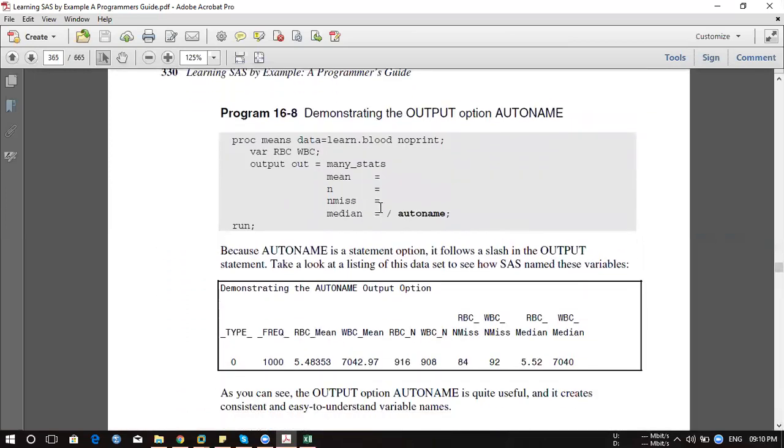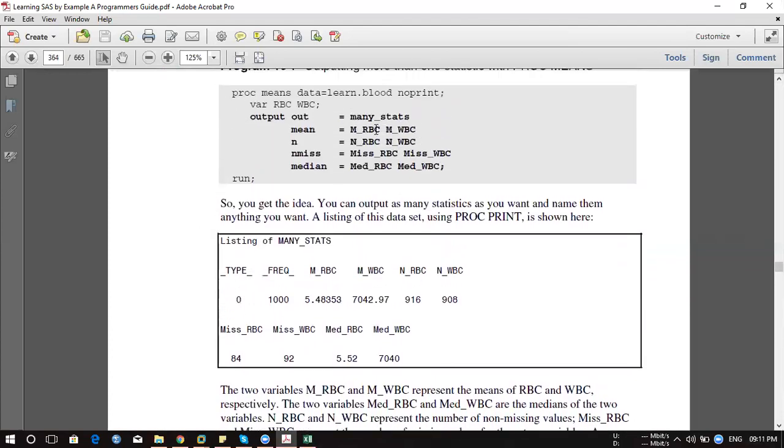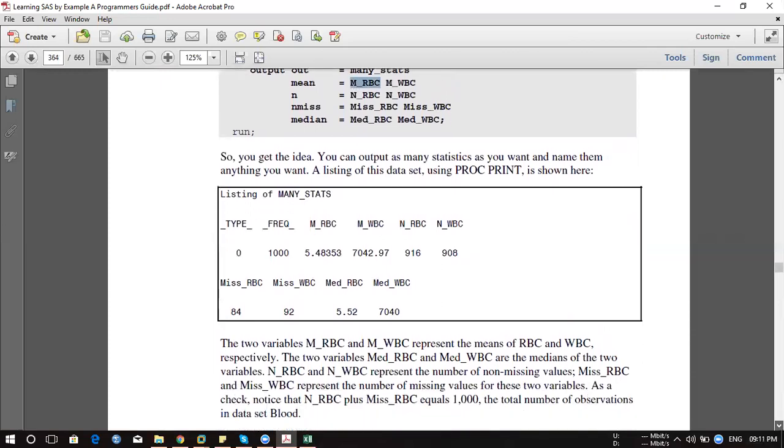Sometimes we don't feel like writing all those names. Correct. So you can use the auto name keyword. What will happen? So you wanted to get the mean for WBC and RBC. Correct. So earlier, we were trying to keep the name by writing manually. But if you use auto name function, what will happen?